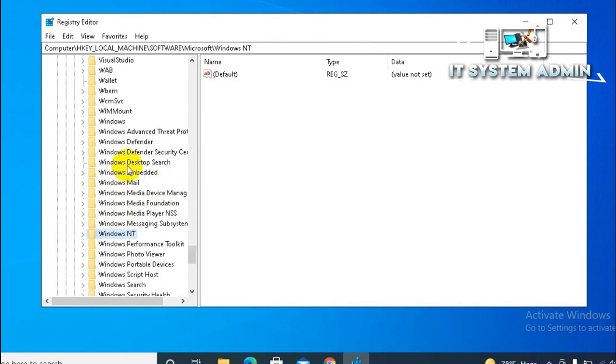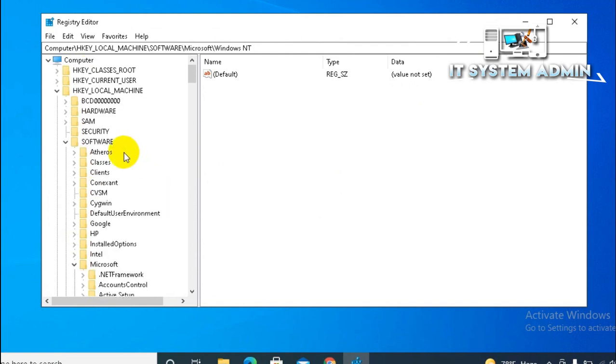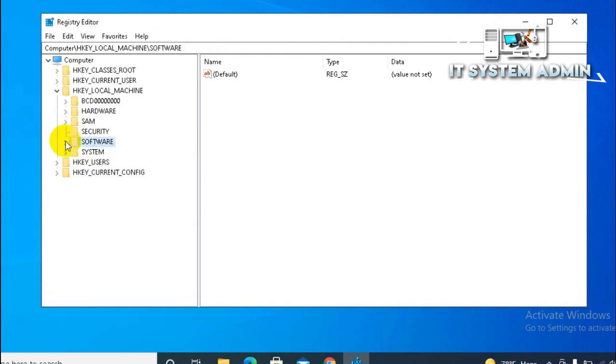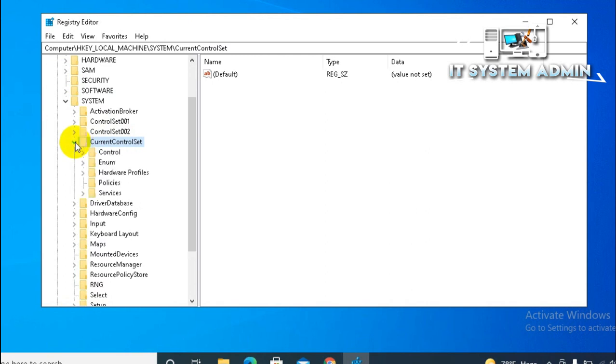Now go back. In HKEY_LOCAL_MACHINE, expand System. Now expand CurrentControlSet. Now expand Services.